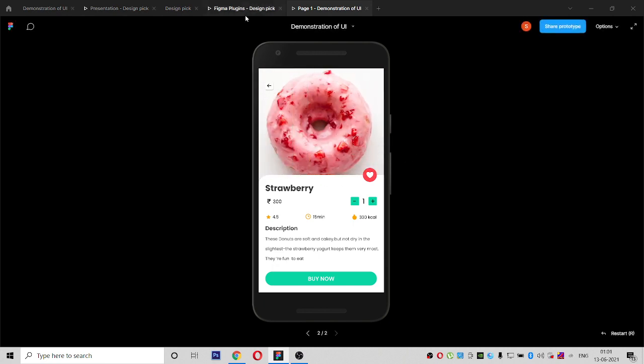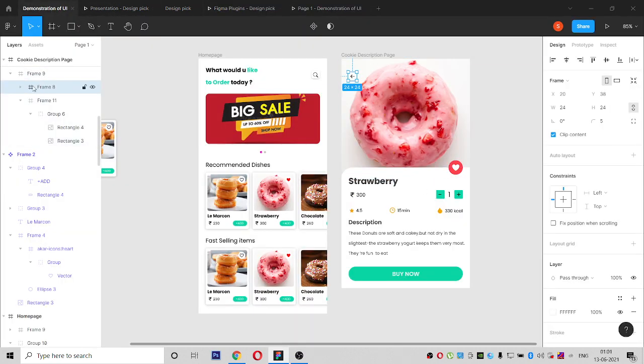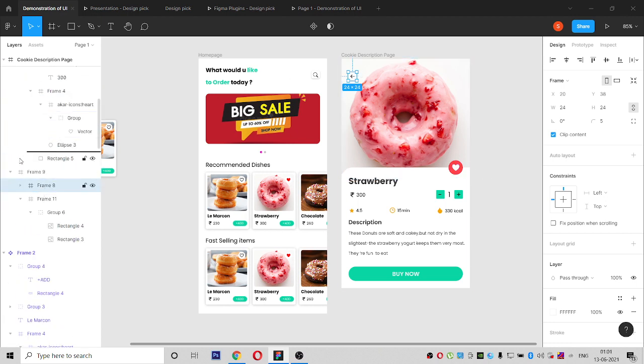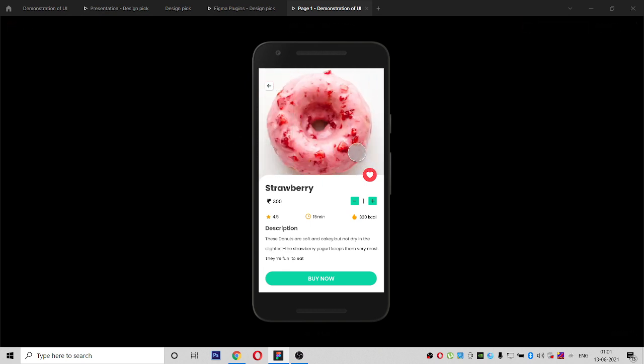And this back button we have to fix, right? It should be outside this frame. Now if you rotate, this won't affect the back button also.